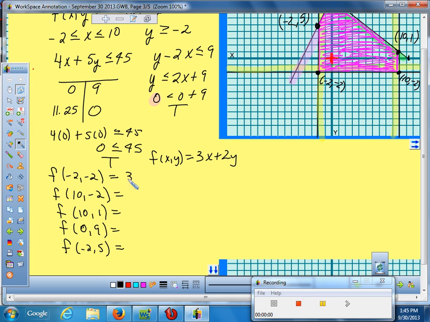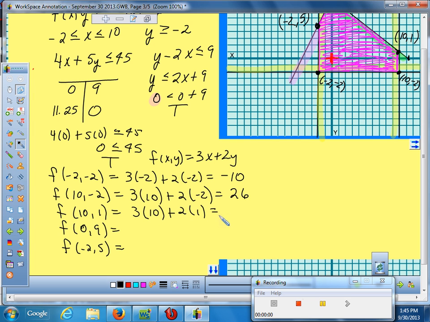So if I substitute negative 2 in for both x and y in the function, that's negative 6 plus negative 4. That's negative 10. Okay. If I substitute in positive 10 but negative 2, that's 30 plus negative 4 would be 26. Okay. 10 in plus just 1 in, that's going to be 30 plus 2 is,